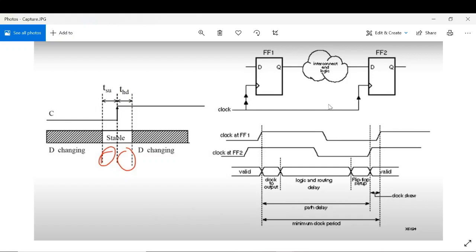So if clock skew is there, this is the required time at which we want our data at the D pin of the capturing flip-flop, and arrival time is the clock-to-Q delay plus the propagation delay plus the setup time. Ideally, my required time must be greater than the arrival time, so that I can get some margin.